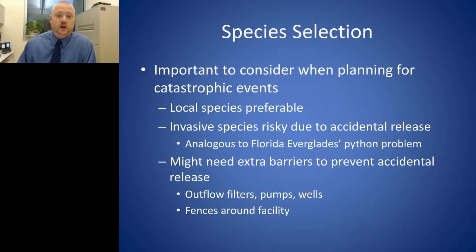And of course, there are non-native invasive species that live all over the country. People want to do research on snakeheads or something like that. You want to make sure that those facilities are nowhere near natural waterways, because those fishes can be very, very dangerous when they get into those waterways. So local species are always preferable, but if your researcher or investigator wants to use something like a snakehead, then you just have to make sure that there's no way that animal could make it into a natural waterway. Some extra barriers for outdoor facilities, even some fencing, can help.